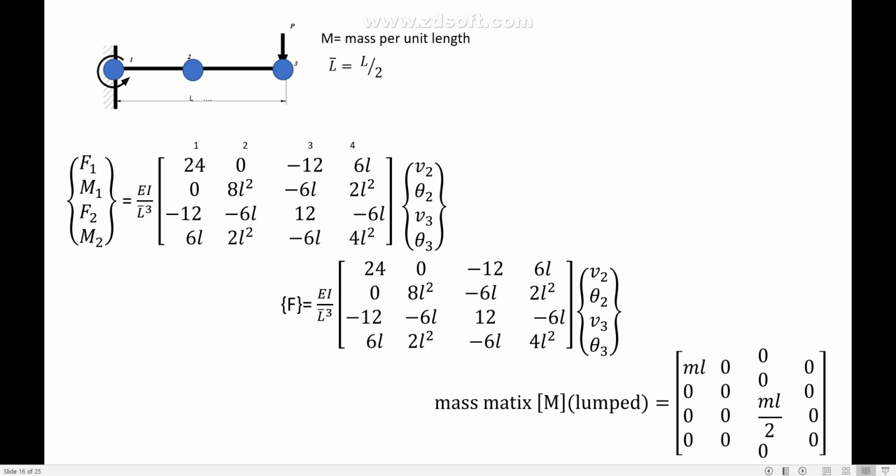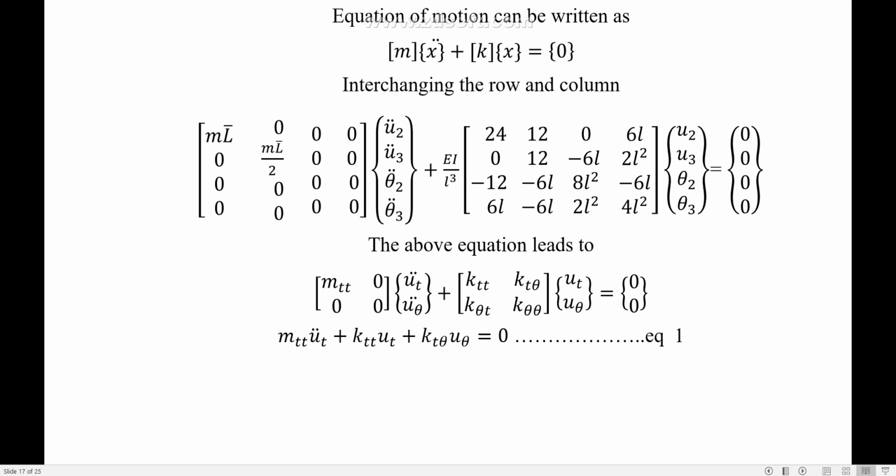This can be simply converted here. I am deleting only the 4 by 4 at node 2 and node 3, 2 degrees of freedom: V1, theta 1, V2, theta 2, and V3, theta 3. Now I write the dynamic equation, the free vibration equation. Okay, next. Changing V2 to V3 and theta 2 to theta 3 in that order,